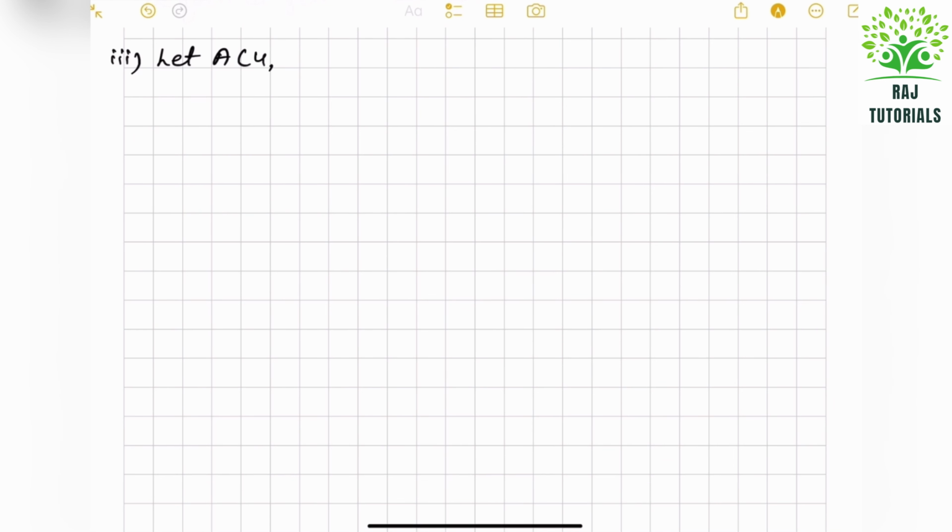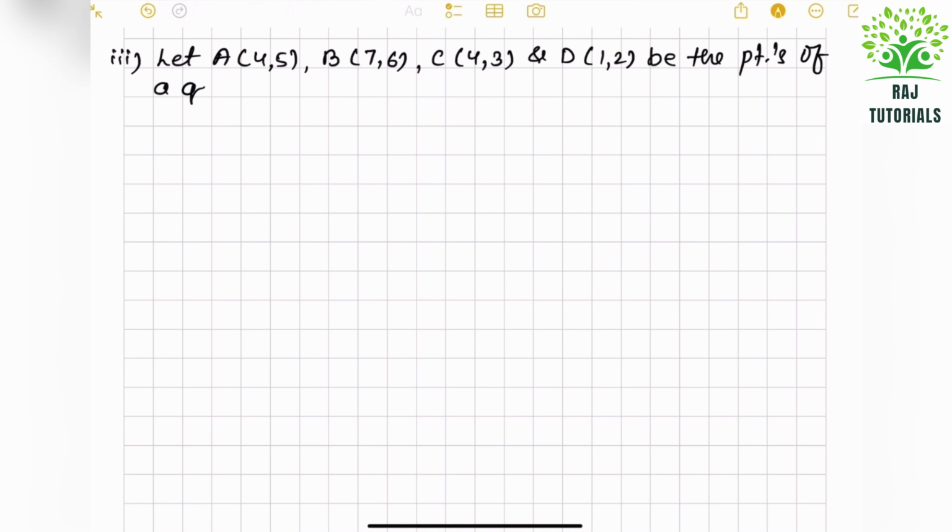Now third one, let A(4,5), B(7,6), C(4,3) and D(1,2) be the points of a quadrilateral. So, using distance formula,